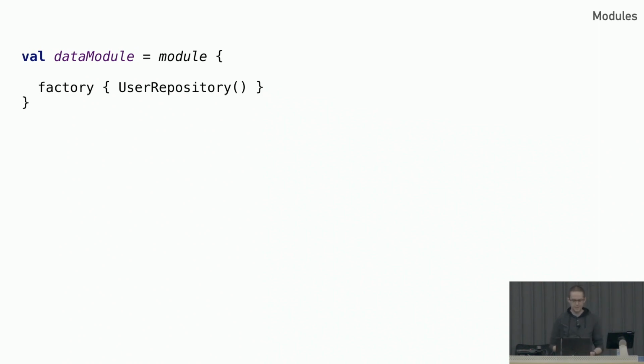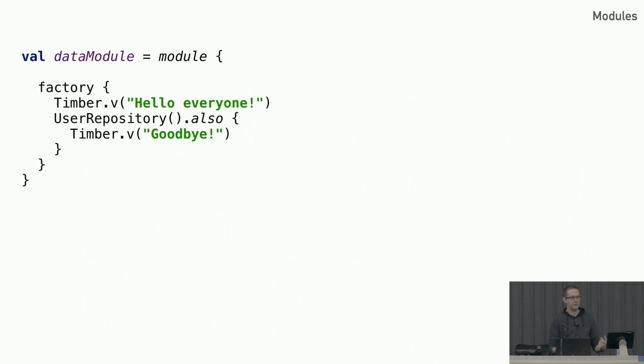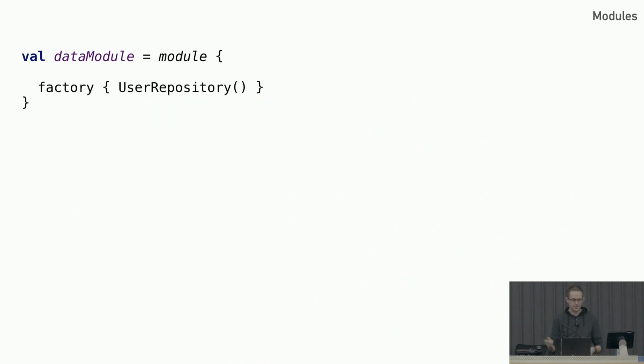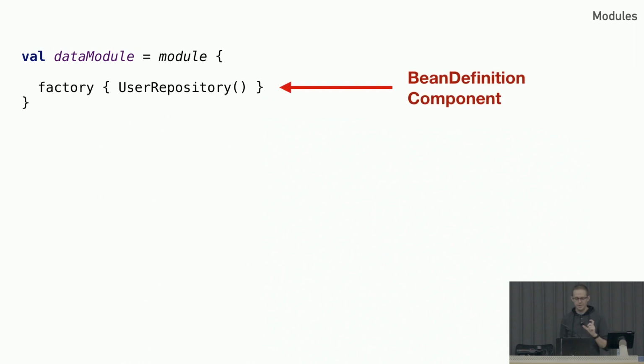And I've said DSL a couple of times now. DSLs sometimes look like magic. This isn't magic. It's just a function that takes a lambda as its last parameter. It's a high-level function, and so it looks crazy, but it's really not. So long as it's returning the object that you want, you can do whatever you want in it because it's nothing special. But don't do that.